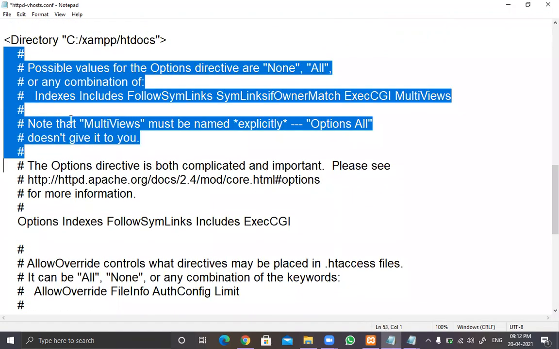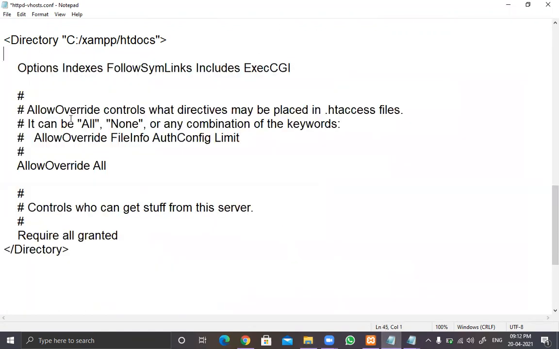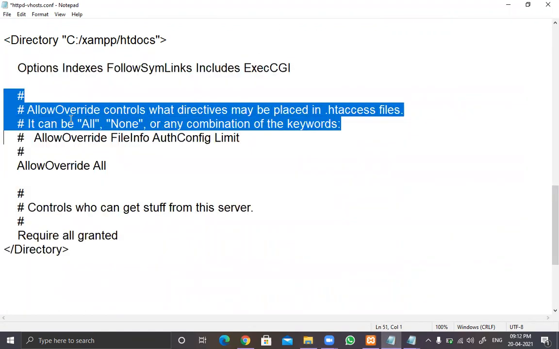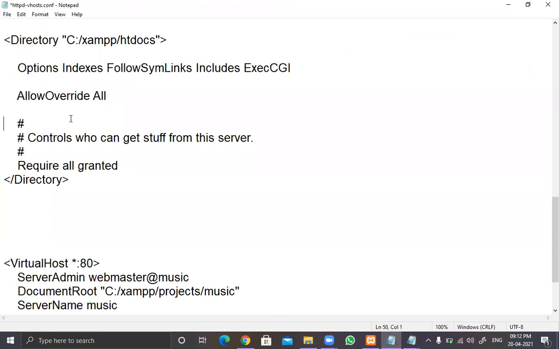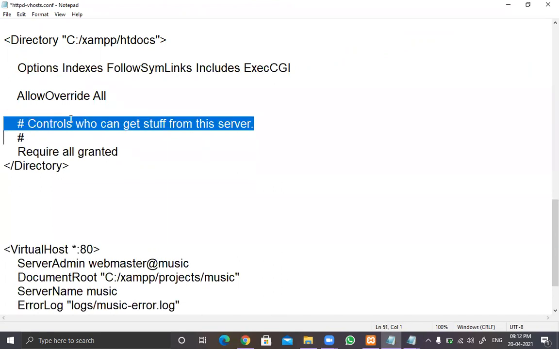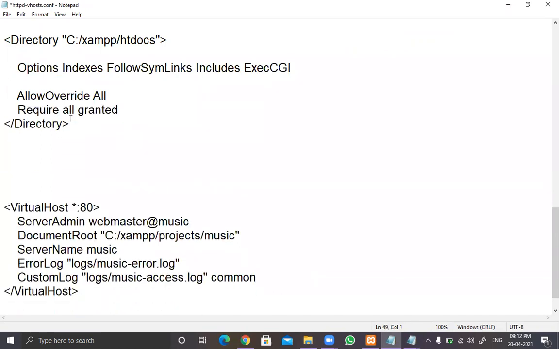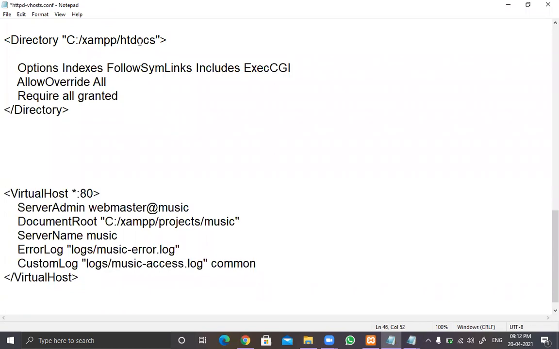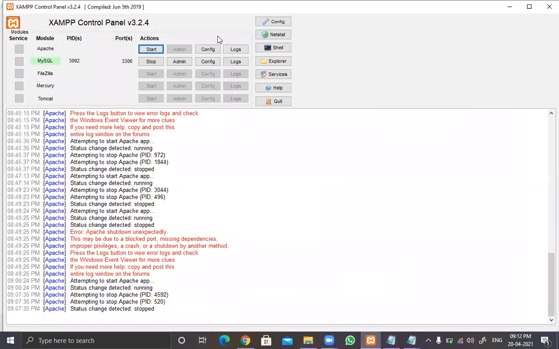So I'm removing these comments. These 3 lines are required for your own folder. Just change the folder from htdocs to projects folder. That's it. Save this file and restart your Apache.